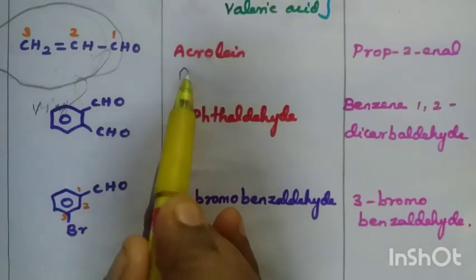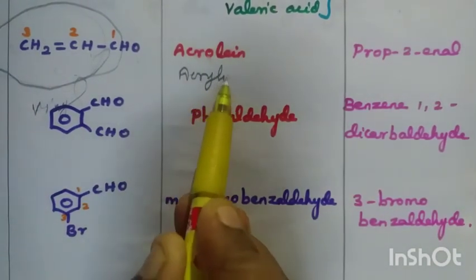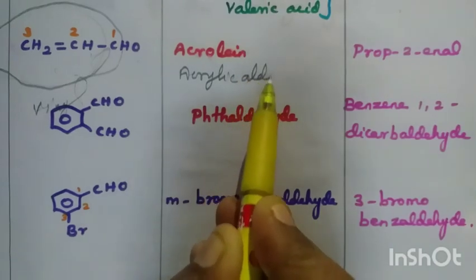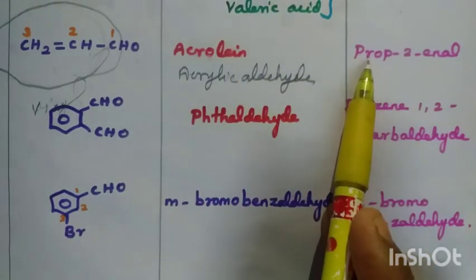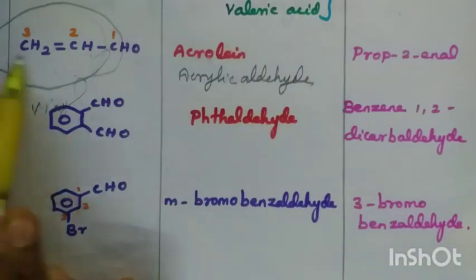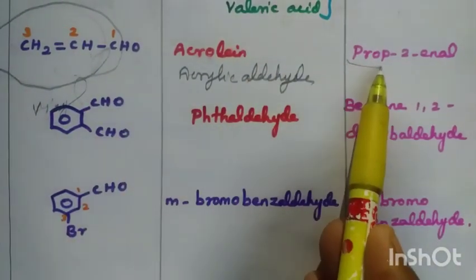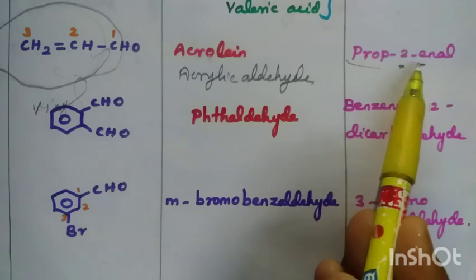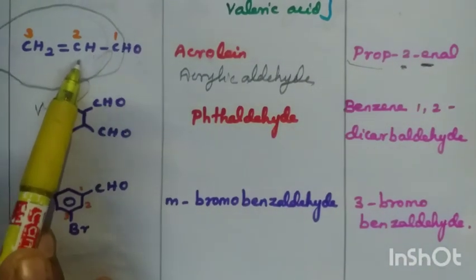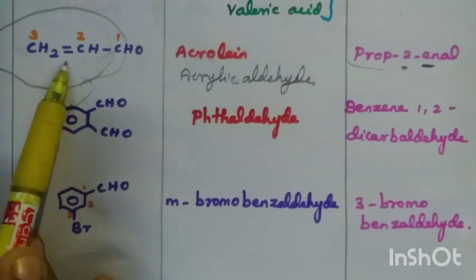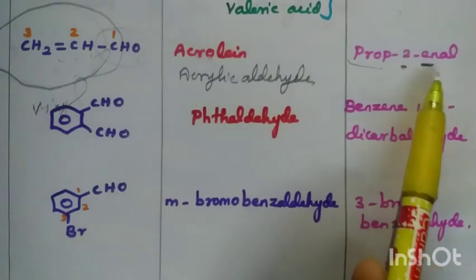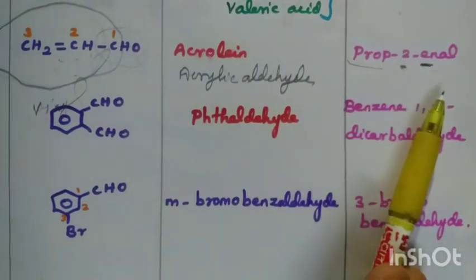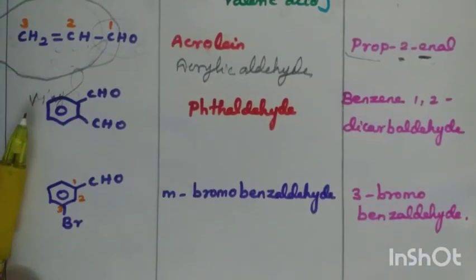It is called acrylic aldehyde. Totally how many carbon atoms? 3 carbon atoms, 1, 2, 3. So prop. At the second carbon we have a double bond, so 2-ene. The functional group is aldehyde, so Al. Propenal. And the next is